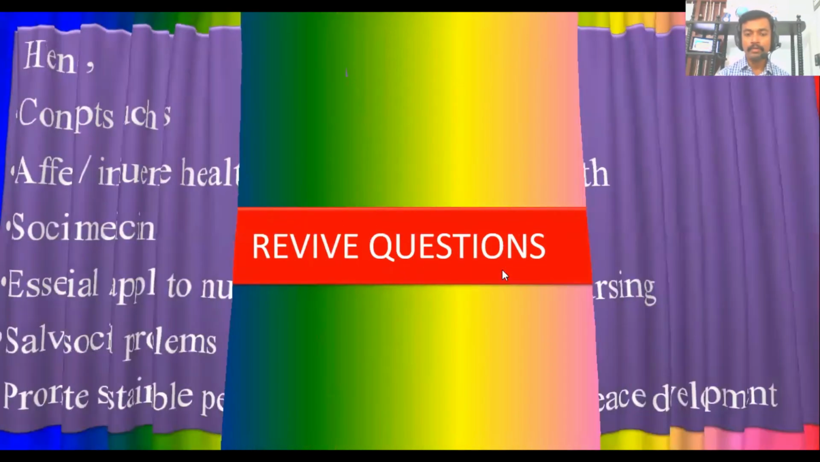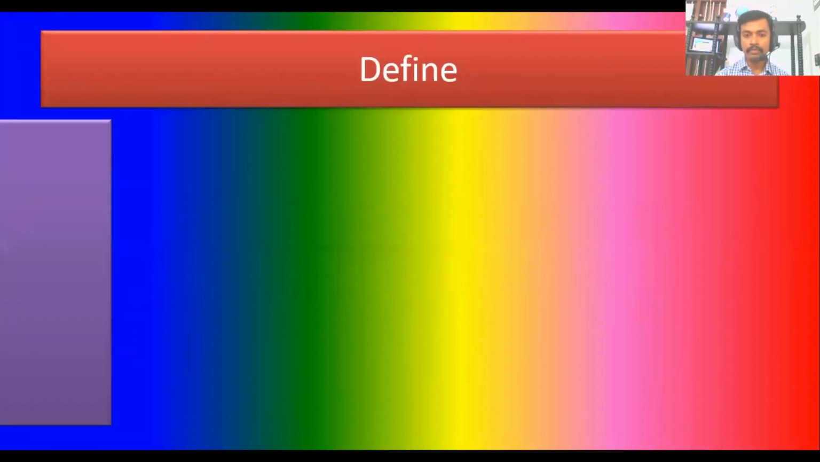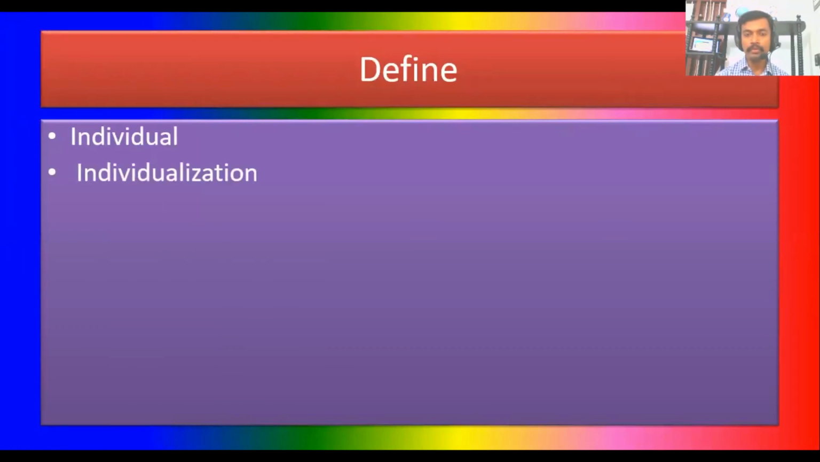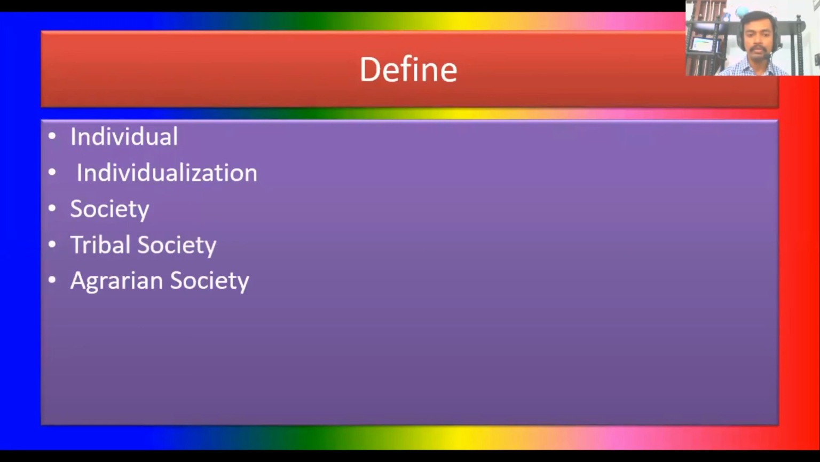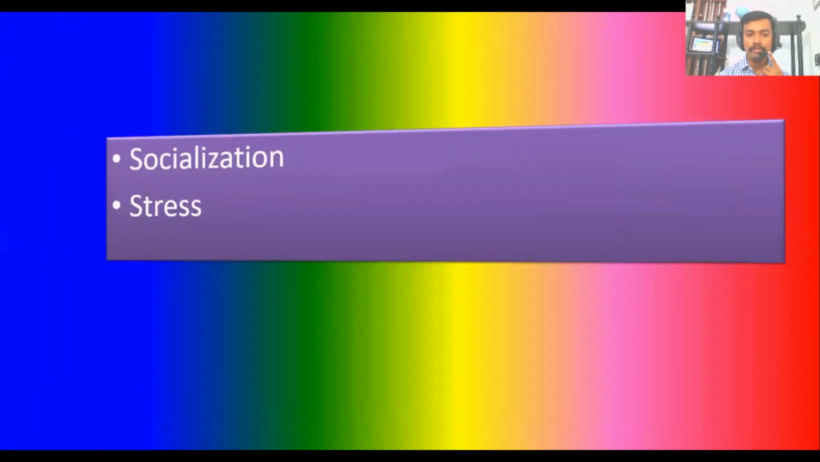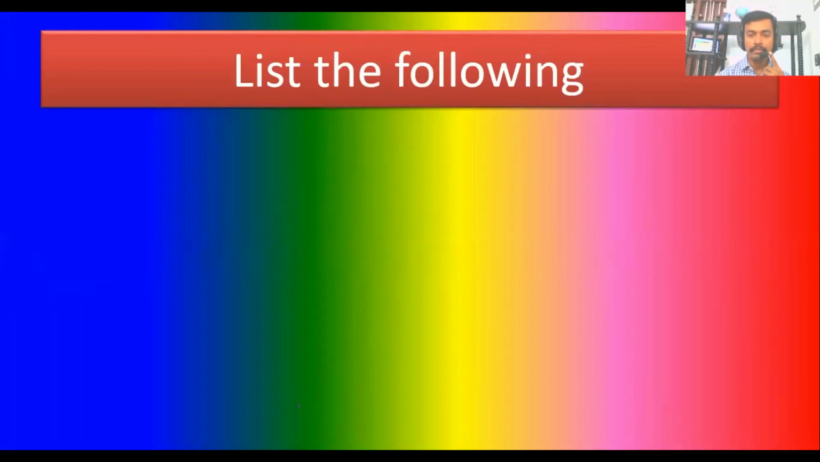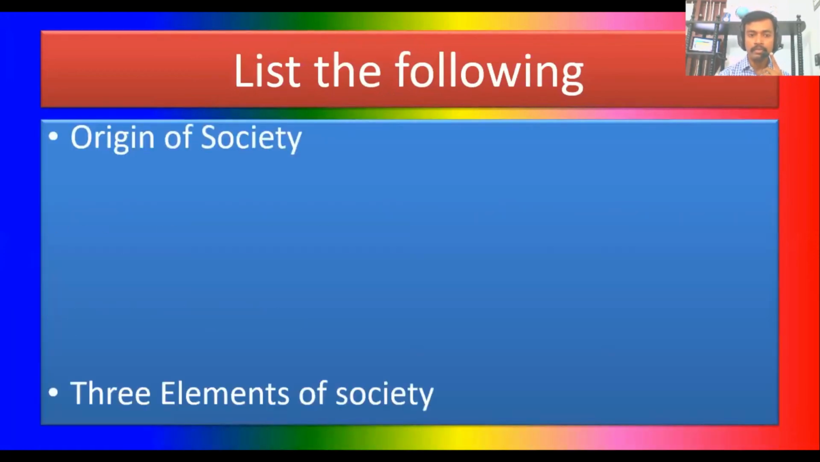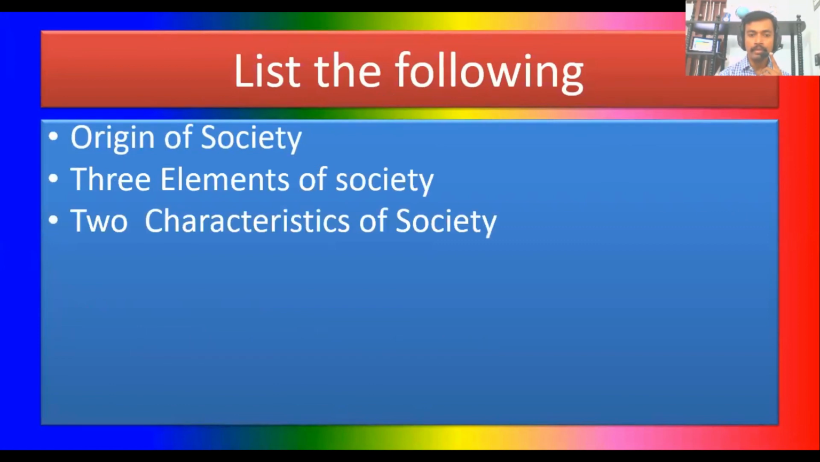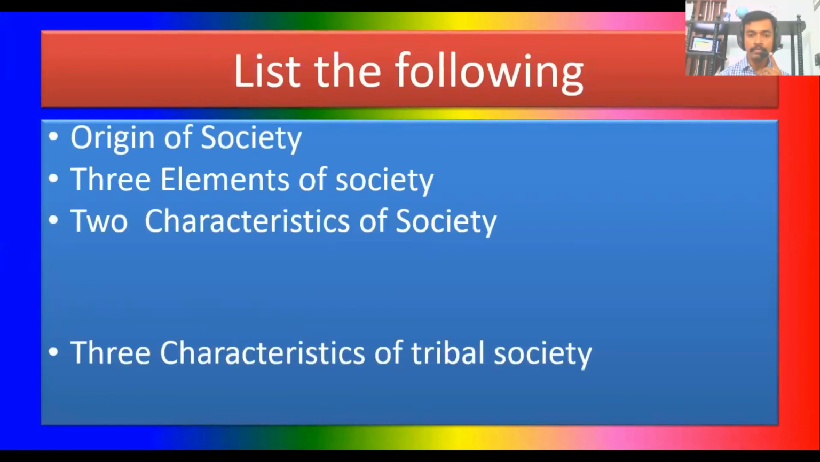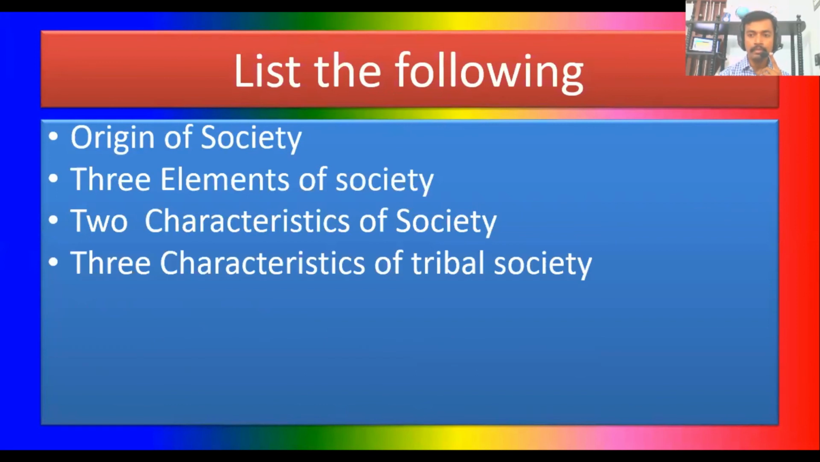Next, according to our syllabus, review questions. The second unit. Define the following: individual, individualization, society, tribal society, agrarian society, industrial society, personality, personal disorganization, socialization, stress. List the following: origin of society, elements of society, characteristics, community society, characteristics, tribal society, tribal problems,